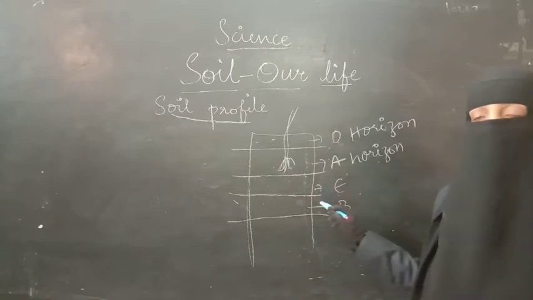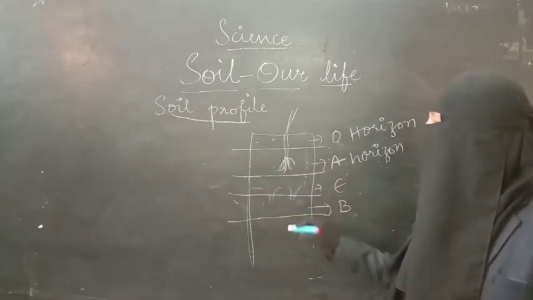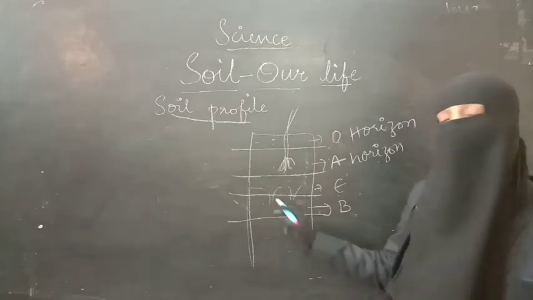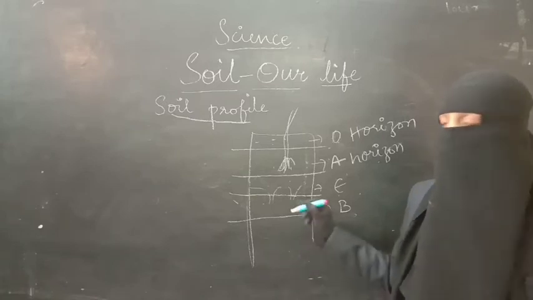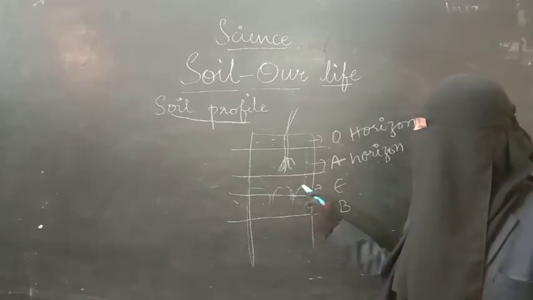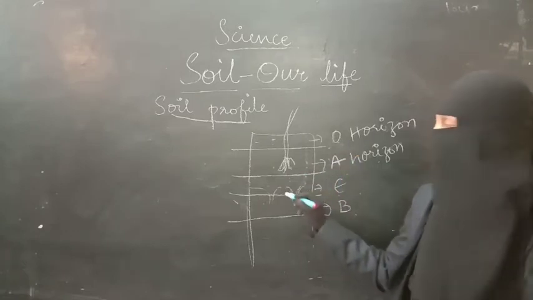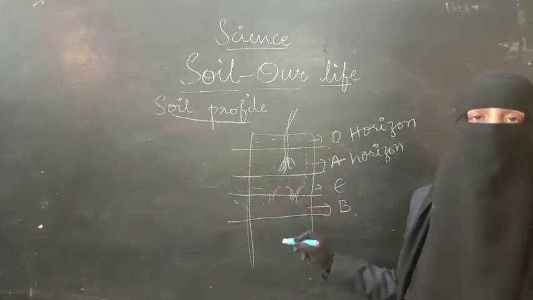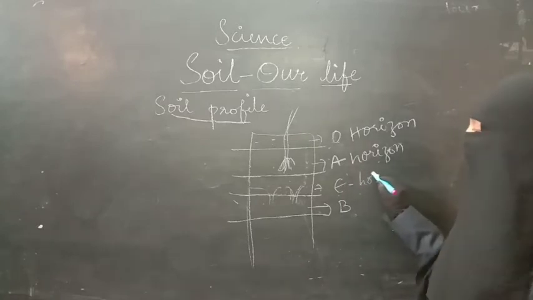That is because of the continuous dripping of water. Because soil particles are present, water will be penetrating deep into the other layers. As it goes deep, along with the water, some minerals which are present here will also go to the next layer. That's why the color of this layer is very light. So this is E horizon, or alluviation layer.